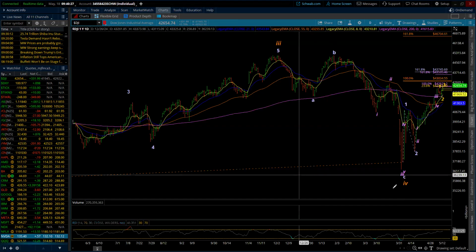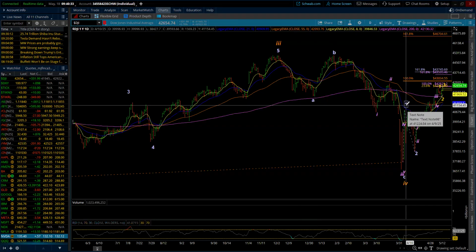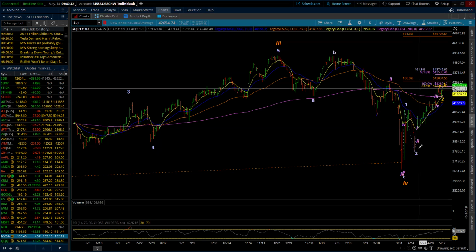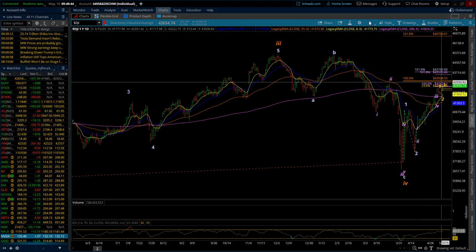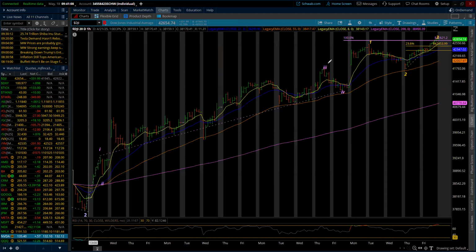Now, we're in minor wave 5, and that'll be made up by 5 waves of minute degree, of which we have minute 1 and 2 complete. And now we're still sitting, waiting for the completion point of minute wave 3. And this is where the counts may differ just a little bit. If you've already checked out the S&P, and if you're a YouTube member, then you probably have already watched the weekly update. So I'm going to bring this down from the daily to the hourly, and that takes us inside this 3rd wave.